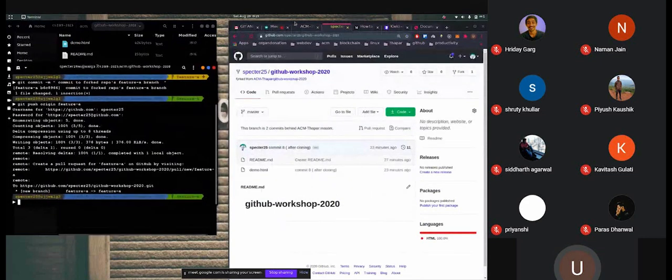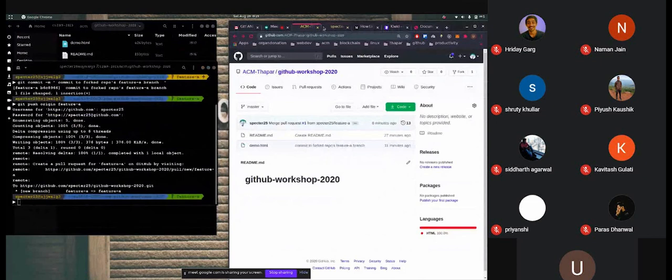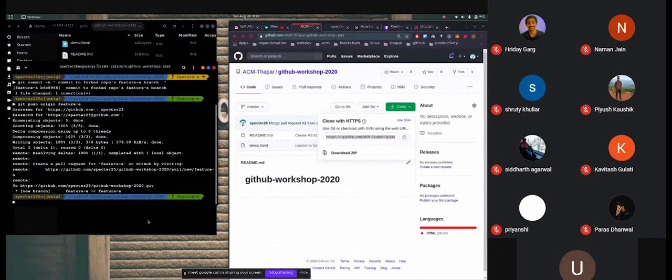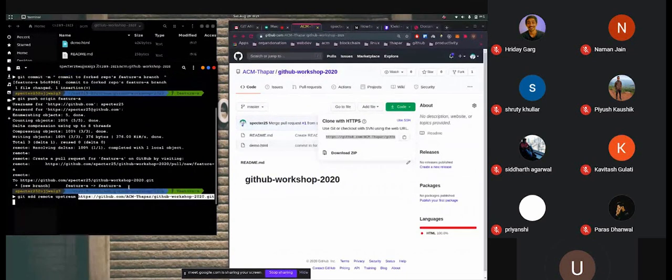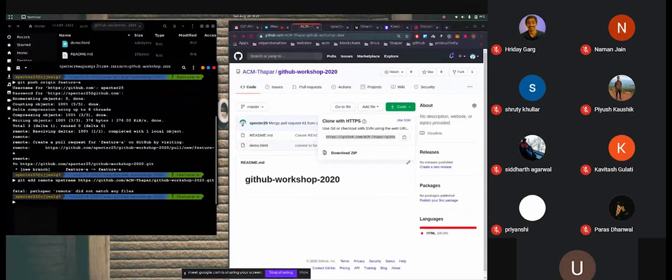So first, let me add the remote. Then I will rectify the error that I made just now. So I will copy the URL of this repository. Git remote add upstream. I want to add a remote named upstream, and it will point towards this URL.